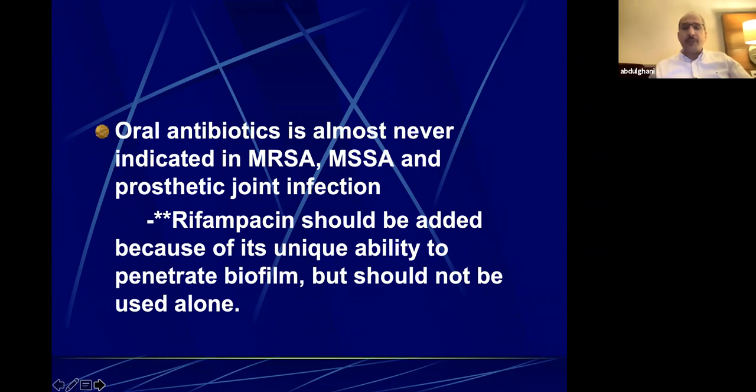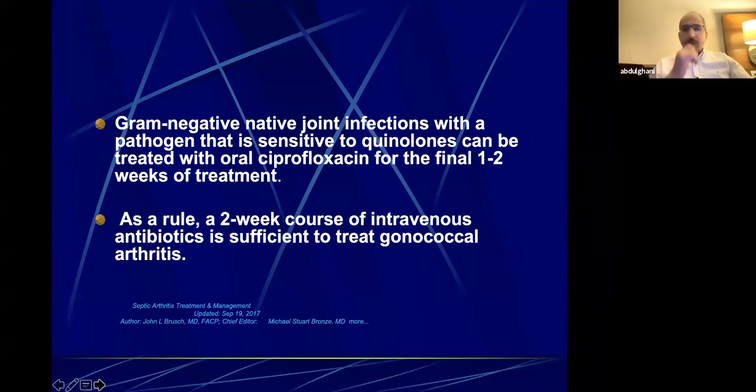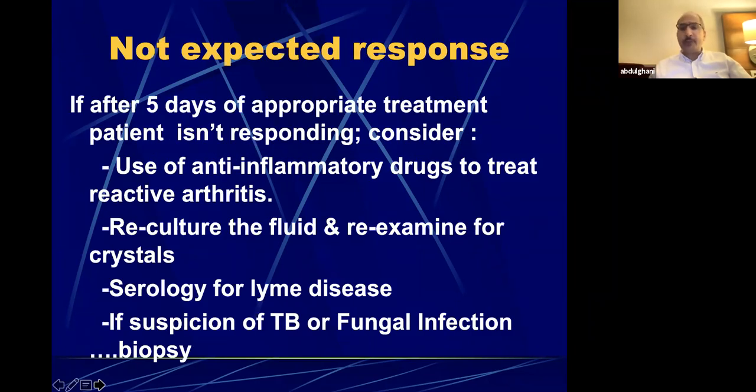Rifampicin should not be the only antibiotic because it has got the unique ability to penetrate the biofilm, but should not be used alone. The gram-negative native joint infection with a pathogen that is sensitive to quinolone can be treated with oral ciprofloxacin for the final 1 to 2 weeks of the treatment. As a rule, 2 weeks of course of IV antibiotics is sufficient for gonococcal arthritis, as already told and reiterated by the literature. If there is no expected response after 5 days of appropriate treatment, i.e., drainage and IV